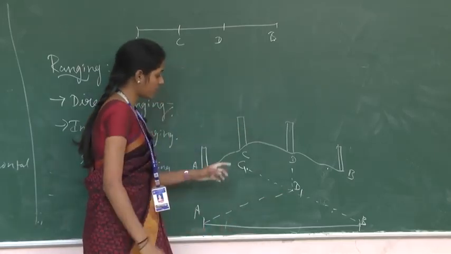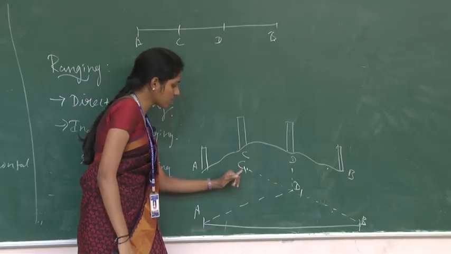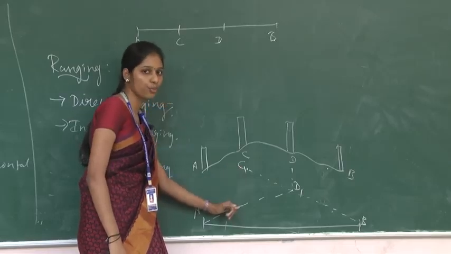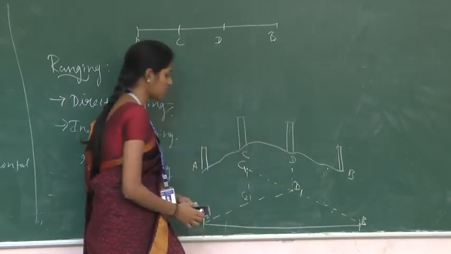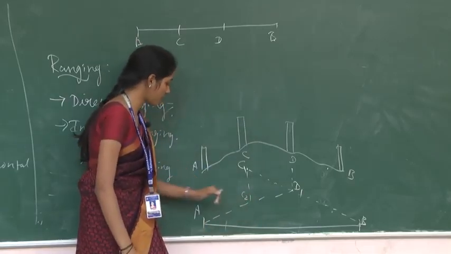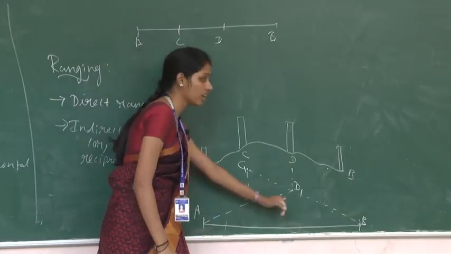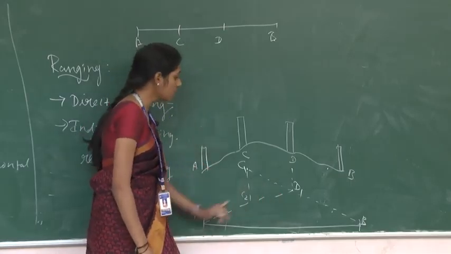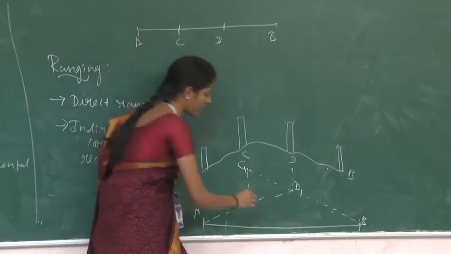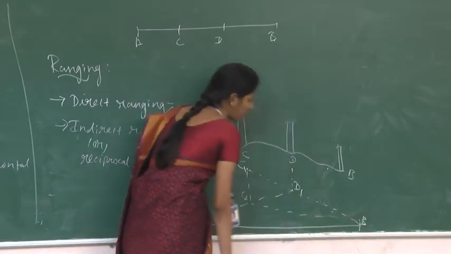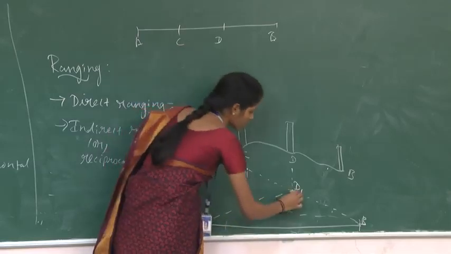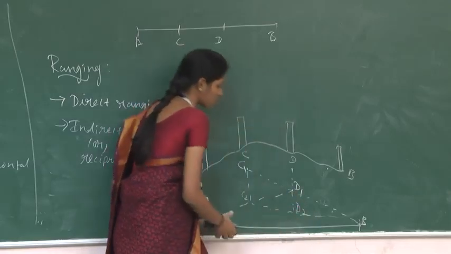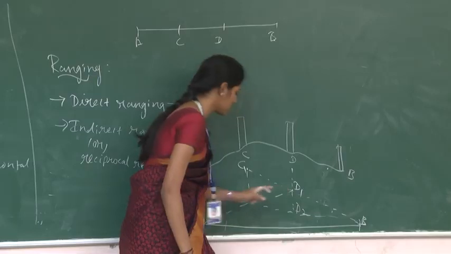Like that, we ask the person from C1 to move forward to the new position C2. From C2 it should be visible from point A and D1 and it should be in line A, D1. The process is repeated by asking the person at D1 to move forward to the new position D2, it should be in line B, C2